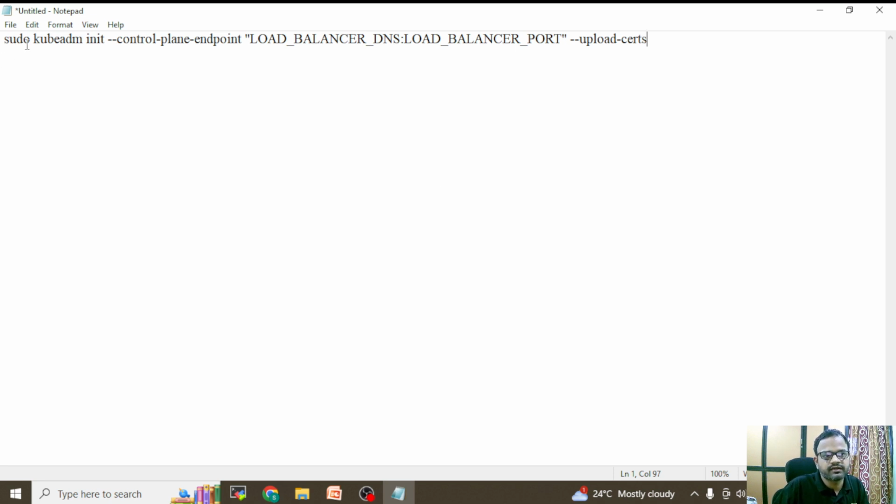It is talking like sudo kubeadm init control plane endpoint. The only thing is, we are not going to give the control plane IP, master node IP. Previously we were going with one master. We used to advertise that control plane, and we used to carry on from there. But here the concept is, your client kubectl command should forward its request